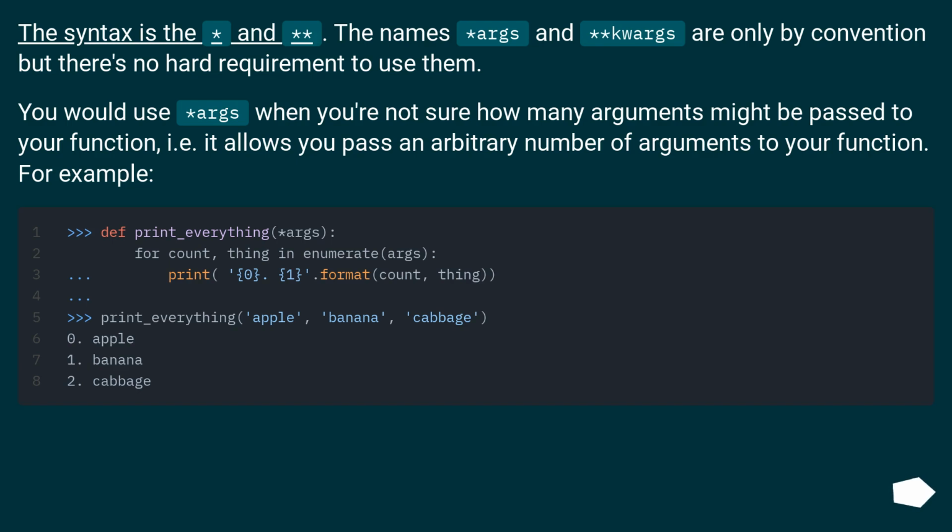The syntax is the asterisk and double asterisk. The names args and kwargs are only by convention, but there's no hard requirement to use them. You would use args when you're not sure how many arguments might be passed to your function, i.e. it allows you to pass an arbitrary number of arguments to your function. For example,